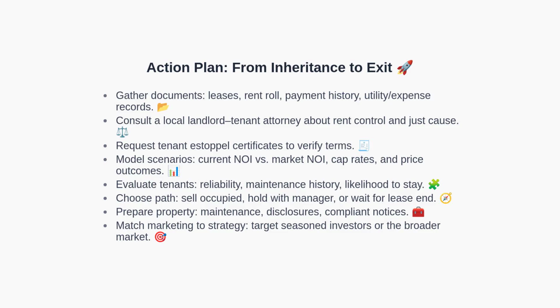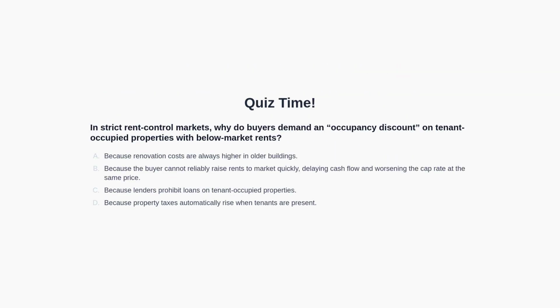Now, let's reinforce your understanding with a quick quiz. Quiz time. Question. In strict rent control markets, why do buyers demand an occupancy discount on tenant-occupied properties with below-market rents? Option A. Because renovation costs are always higher in older buildings. Option B. Because the buyer cannot reliably raise rents to market quickly, delaying cash flow and worsening the cap rate